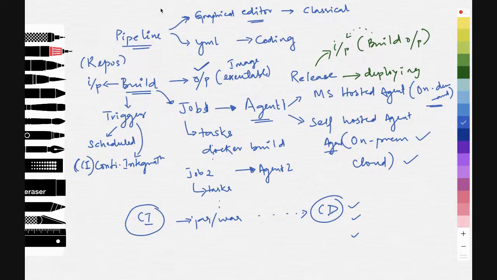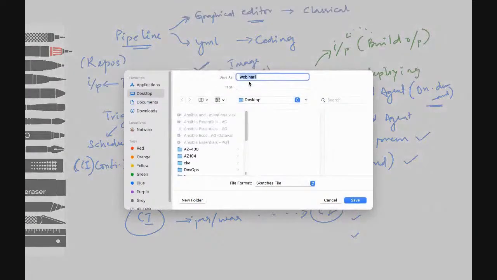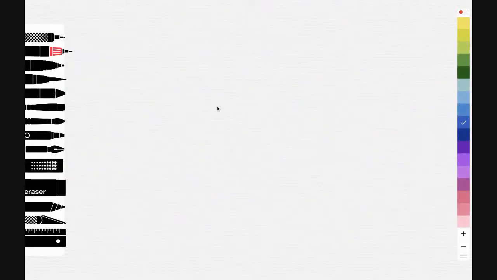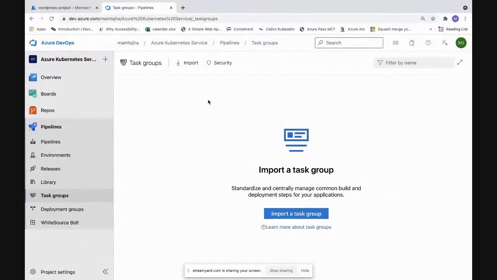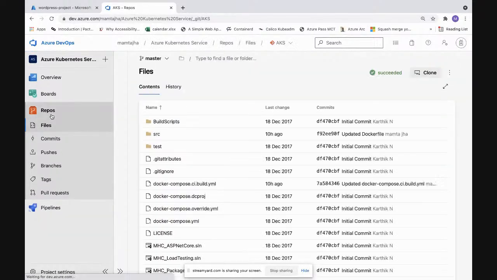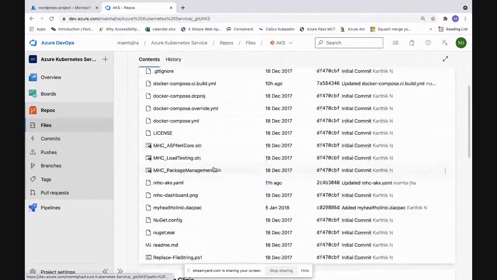So I'll just save this in case we need it for the future. Referencing something, let me quickly just name it different. So let's look into some tasks which we would be creating. We have understood about the basic blocks. Our code is here. I'll first get into the code and then get into the tasks.